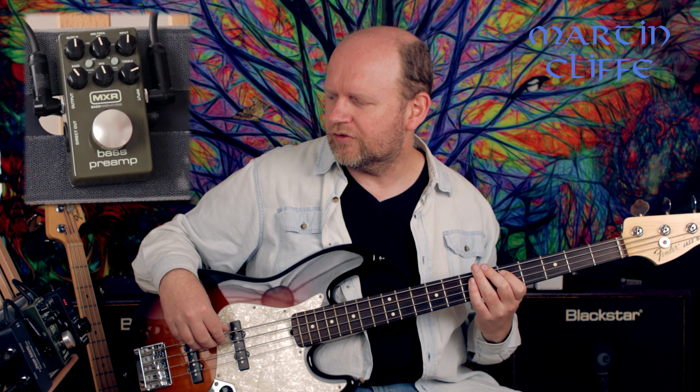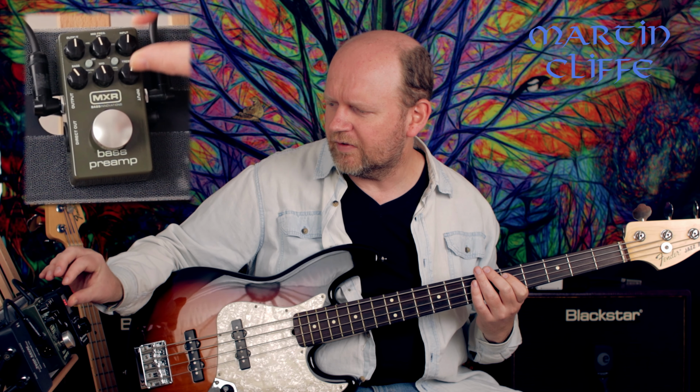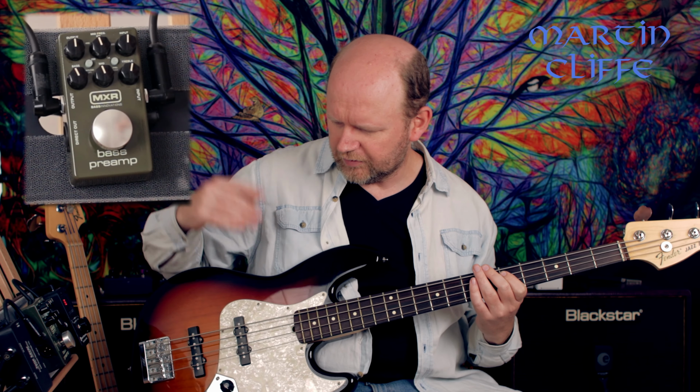I'm just plugged in using it as a normal pedal at the moment, and what that's giving me is a really powerful 3-band EQ with potentially a boost feature or an unboost feature if you want something that will cut your signal for a specific thing. And the mid frequency is sweepable. So if I have it set, tone is just,